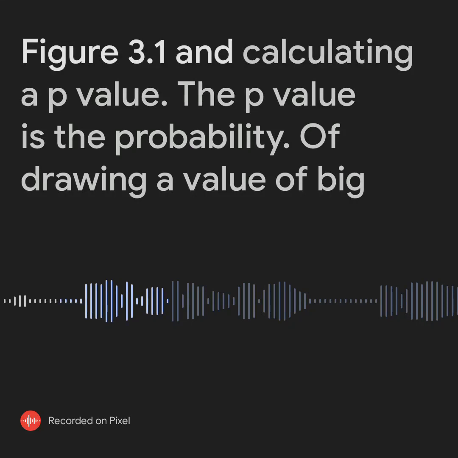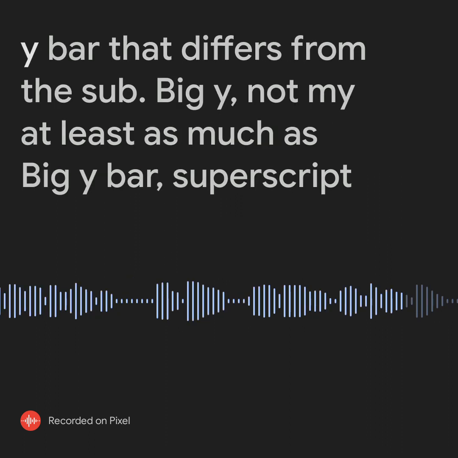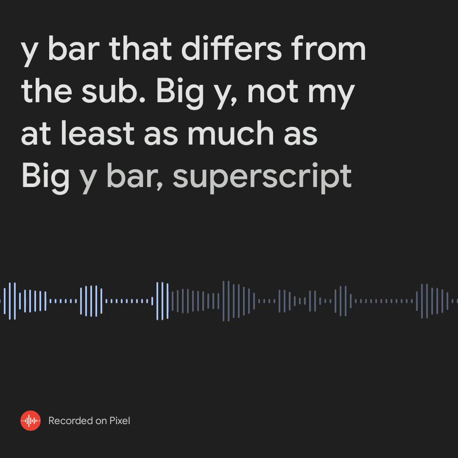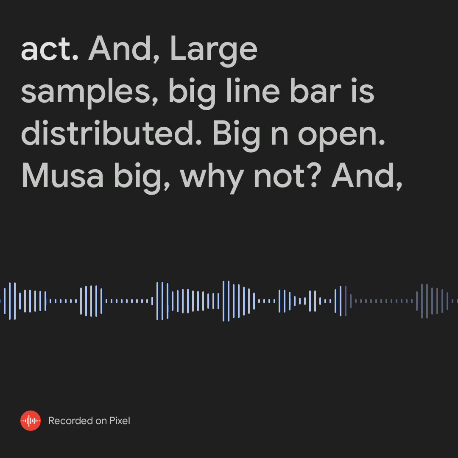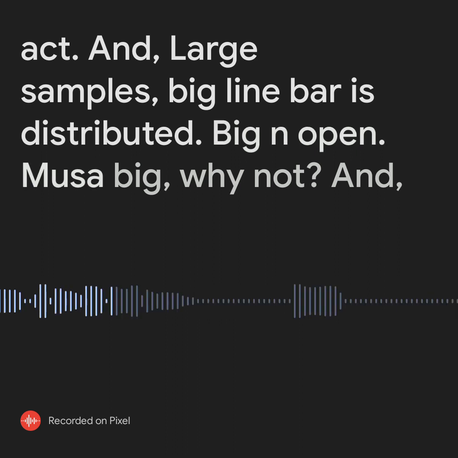Figure 3.1, calculating a p-value. The p-value is the probability of drawing a value of Ȳ that differs from μ_Y,0 by at least as much as Ȳ^act in large samples. Ȳ is distributed N(μ_Y,0,